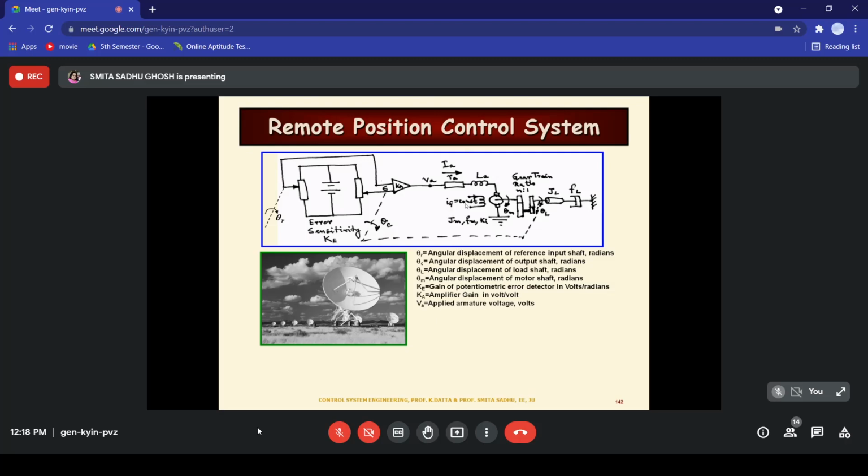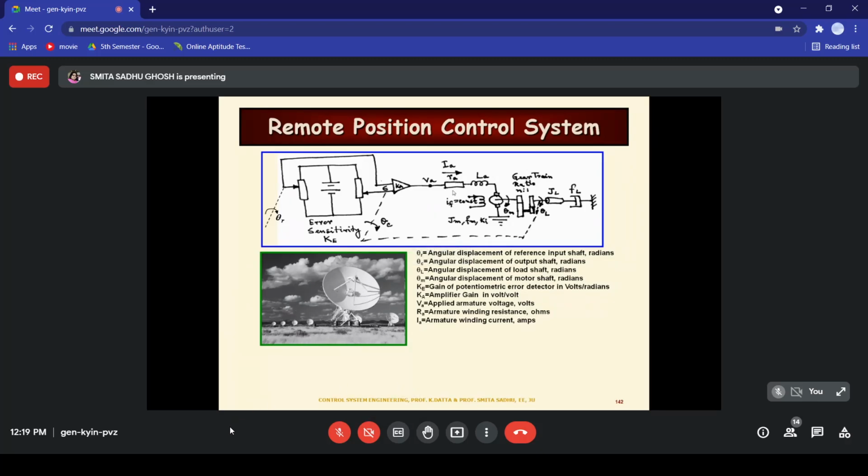We can see the field current is constant and VA is being applied from the output of the amplifier. That is, VA is the armature voltage, the voltage which is applied to the armature. You can see the other end of the armature is grounded, and the armature resistance and inductance we are going to describe separately. There is a mismatch in the notation over here. I keep on forgetting to change that year after year. Basically, the small r A that I've mentioned over here is the armature winding resistance in ohms. Ignore the capital R over here, it's the same thing. So RA is the armature winding resistance in ohms, and now LA is the